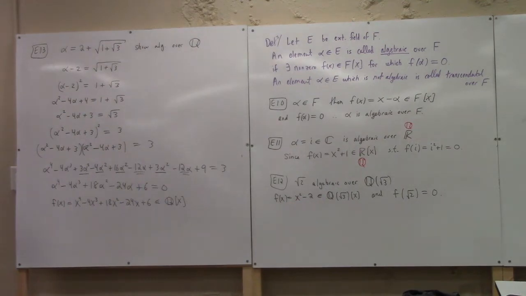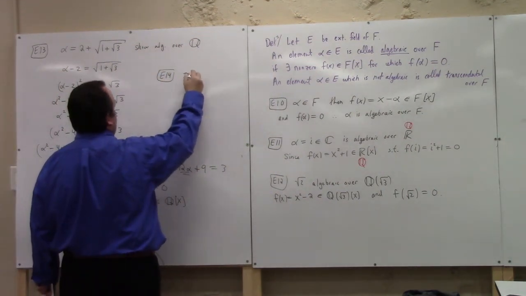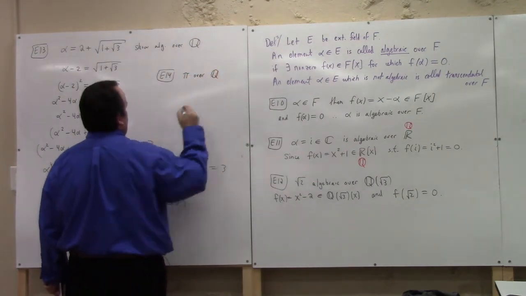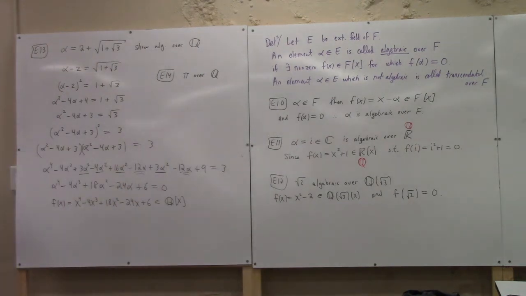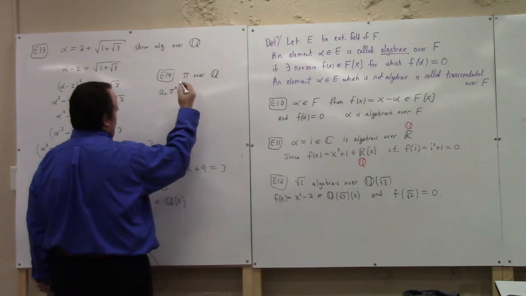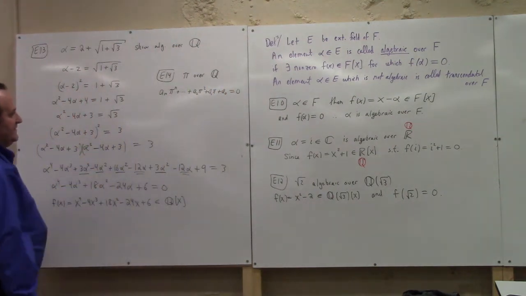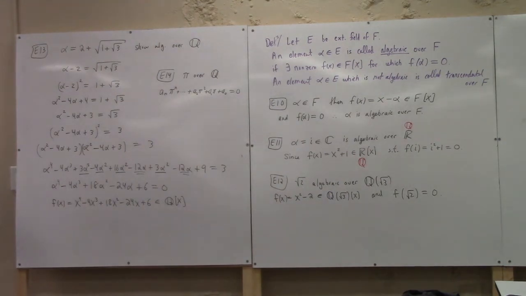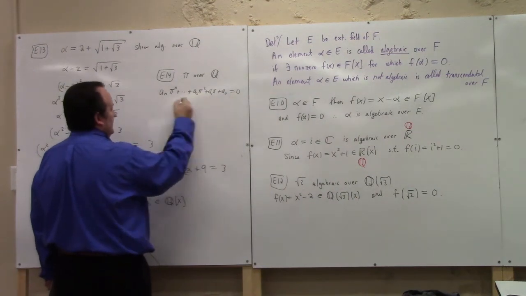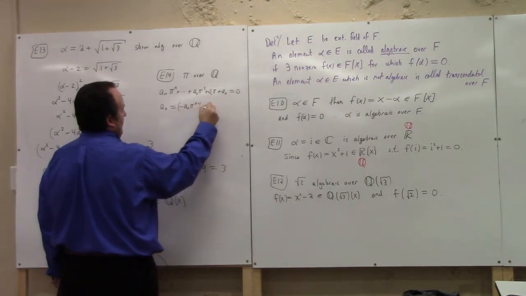What's an example of an element which is not algebraic? If you look at pi over Q, can you find any polynomial with rational coefficients which takes pi as its 0? In other words, it has to be finite, it's a polynomial. Does there exist a collection of coefficients, finitely many, such that that linear combination of powers of pi is equal to 0? No, because if there was, that would be rational. Like you could solve this. I mean, there's various things that go on, but if you could solve that for a0,